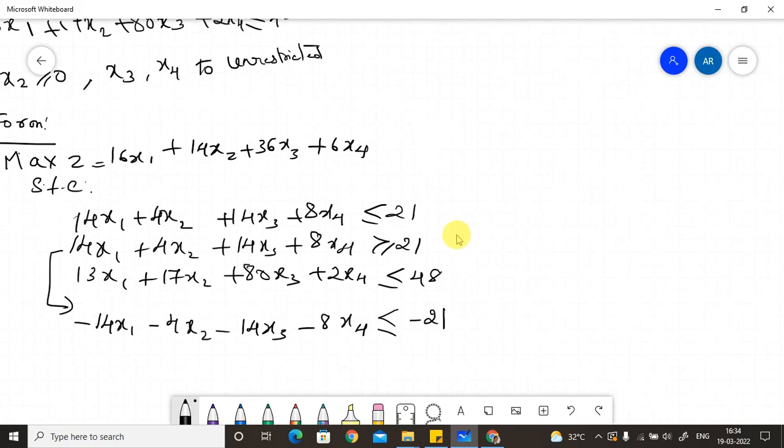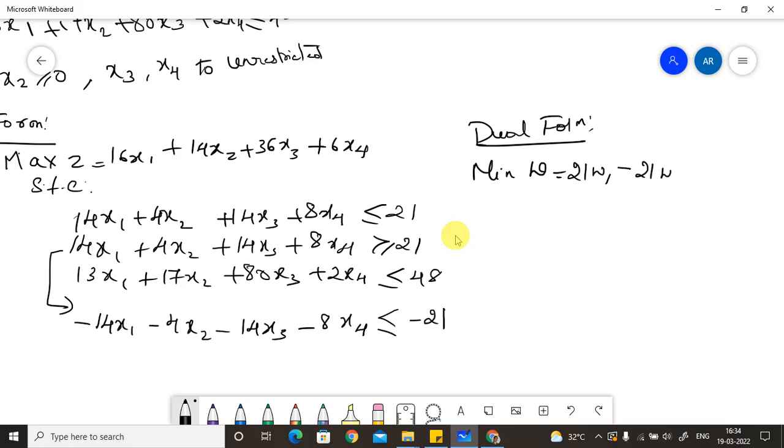So what is the dual form? Maximization becomes minimization, right? So here I will write the dual form: min w equal to, so the RHS values, 21w1 minus, the second will be minus 21w2 plus 48w3, correct? Subject to constraints,